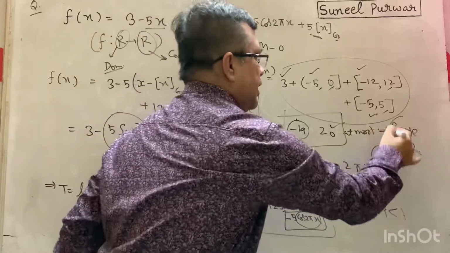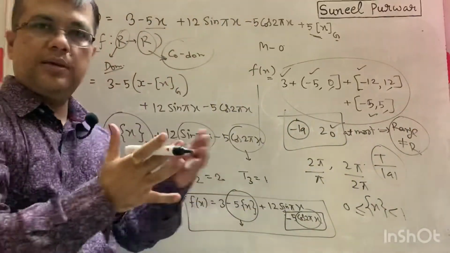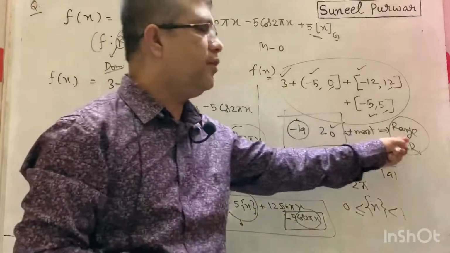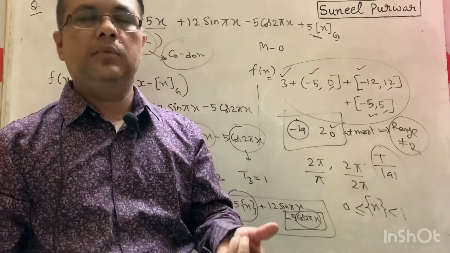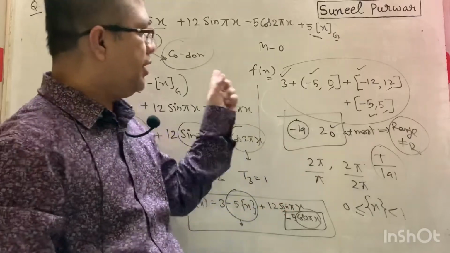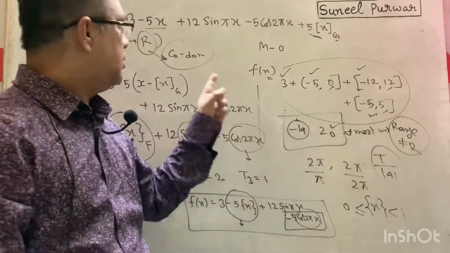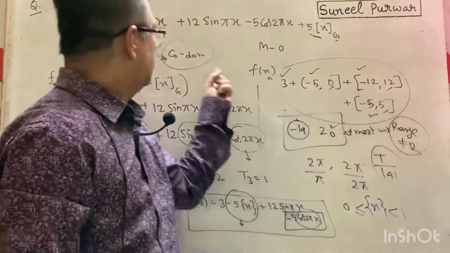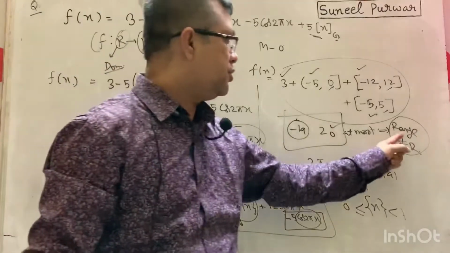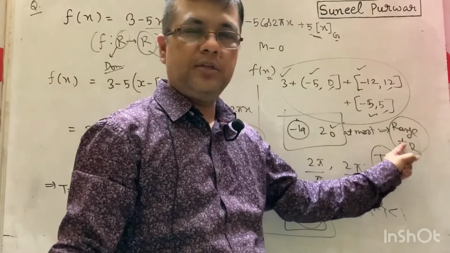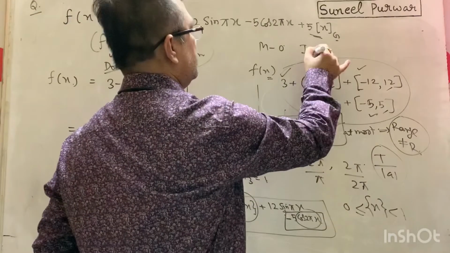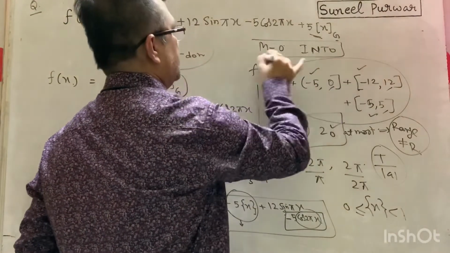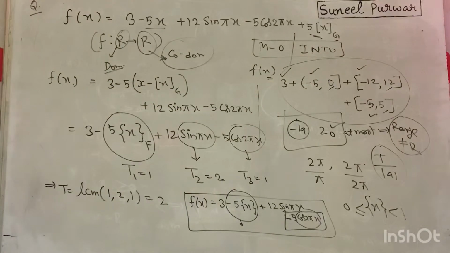So that means range and codomain are the same sets? No. Range is different from codomain. So whenever range is equal to codomain, function is onto, which is not the case right now. So function is what? Into. Range is not R, which is codomain. R is what? Codomain. Range is not equal to codomain. Function is into. So many one into. That is the type of the function here.